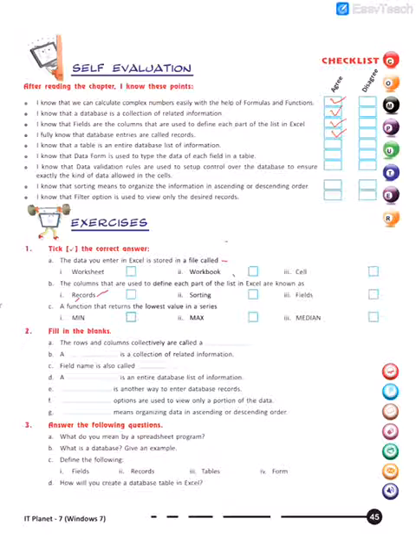I know that a table is the entire database list, agree. Data form is used to type data of each field, yes. I know that data validation will set up control over the database, yes. Validation helps us to check control in the database. I know that sorting means to organize information. Yes, sorting means arranging or organizing information. I know that the filter option is used to filter desired records. That is also yes. Okay.